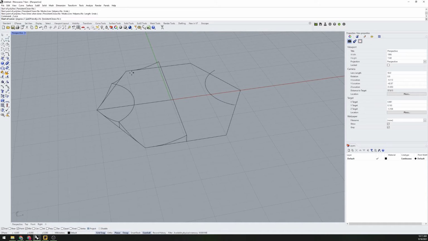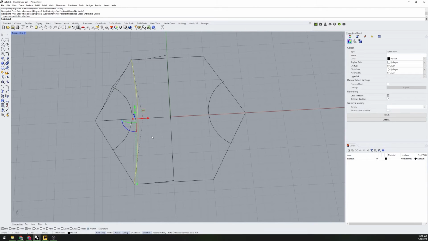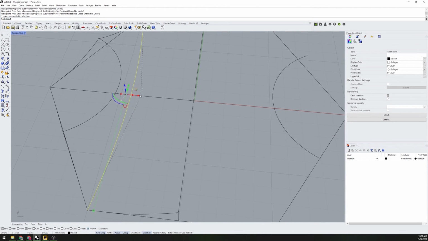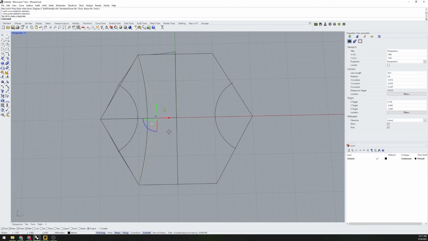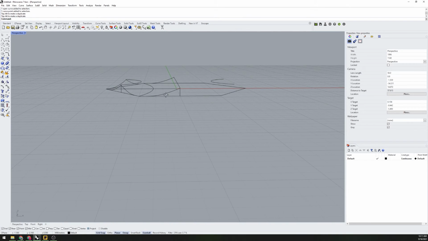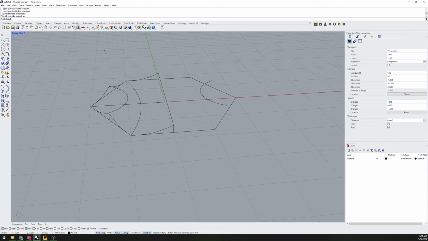Okay, degree 3 curve, one point in the middle, and somewhere over here. And relocate the midpoint. Okay. So now,